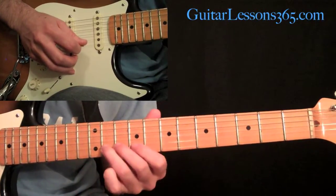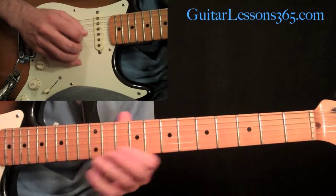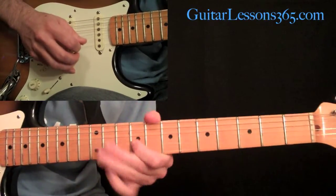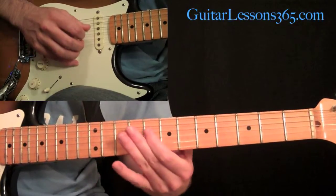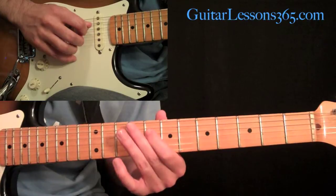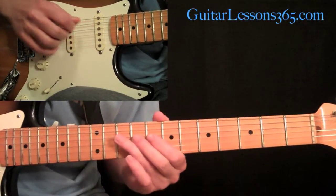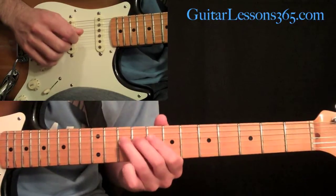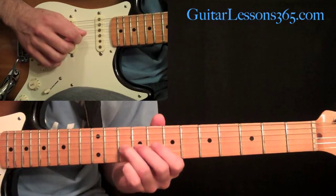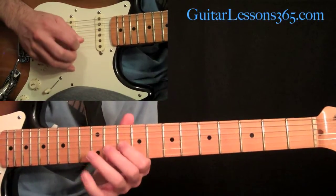Then you're going to shift down to the 9th fret and pull off from 11 to 9 on the 2nd string. We have. Then shift again down a fret and over a string to the 8th fret on the 4th string, hammer on 8 to 10, then jump over to the 3rd string and pull off 10 to 8. So basically do it in reverse. So we have